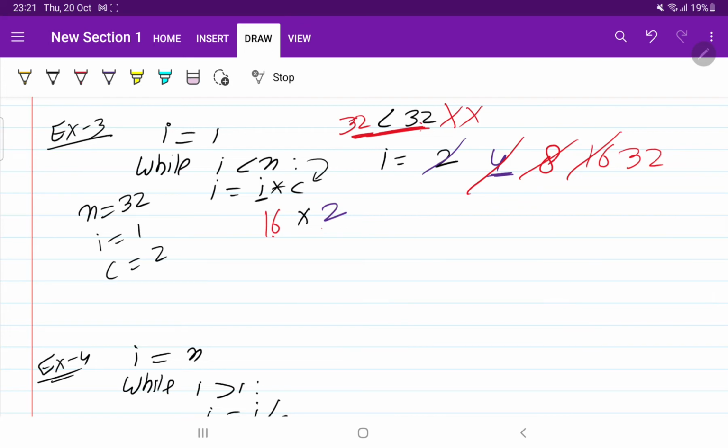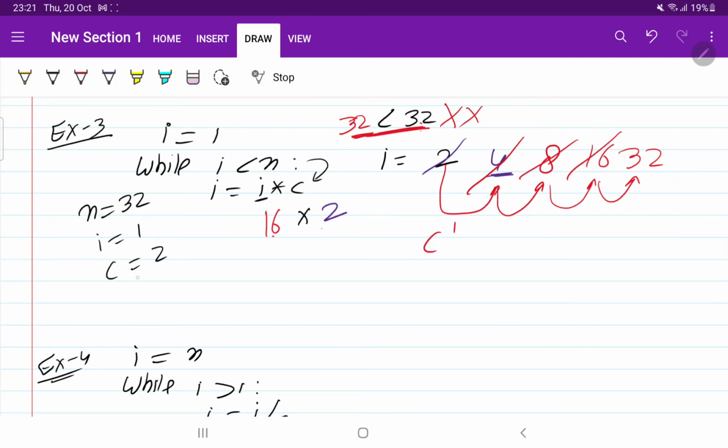Now we need to check what the time complexity is here. So you can say that it was 2, then 4, then 8, then 16, then 32. So we started, n value was 32 and we were multiplying by 2. So if you divide, you would say 16, but we haven't moved 16 times. We just moved how many times? 5 times. So if you analyze this properly,